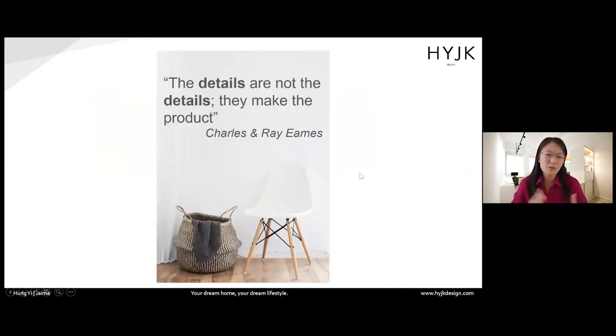And I would like to end off with a quote from our favorite designer, Charles and Ray Eames. Okay, the details are not in the details, they make the design. So this is the chair that is actually designed by husband and wife Charles and Ray Eames in the 1950s. You will see all over Singapore, many cafes, offices, they have this. I have it right in my own home. I'm sitting on it now. It's an amazing chair. There's a lot of history on it, on why it's such an expensive chair, or why one of these actually costs $800 in Singapore, things like that. So they are just sharing a bit on Charles and Ray Eames and our favorite quote.